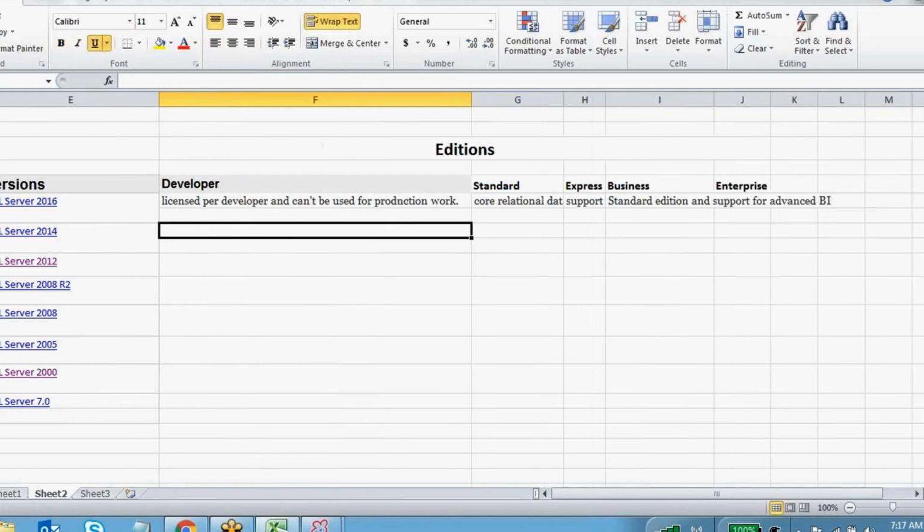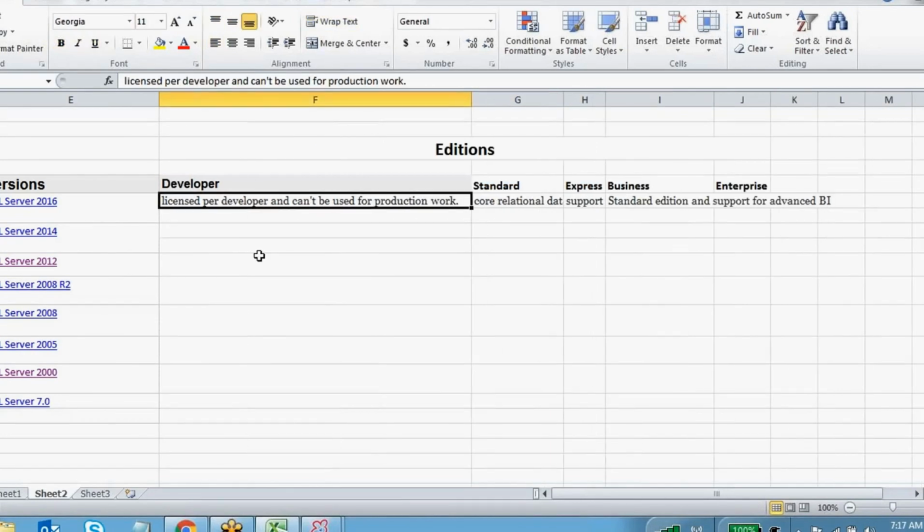If you come to the Developer Edition, they will give a license for this edition based on the product, based on the developer. For a particular person they will give a license. It is not suitable for production work, so it is only useful for development.